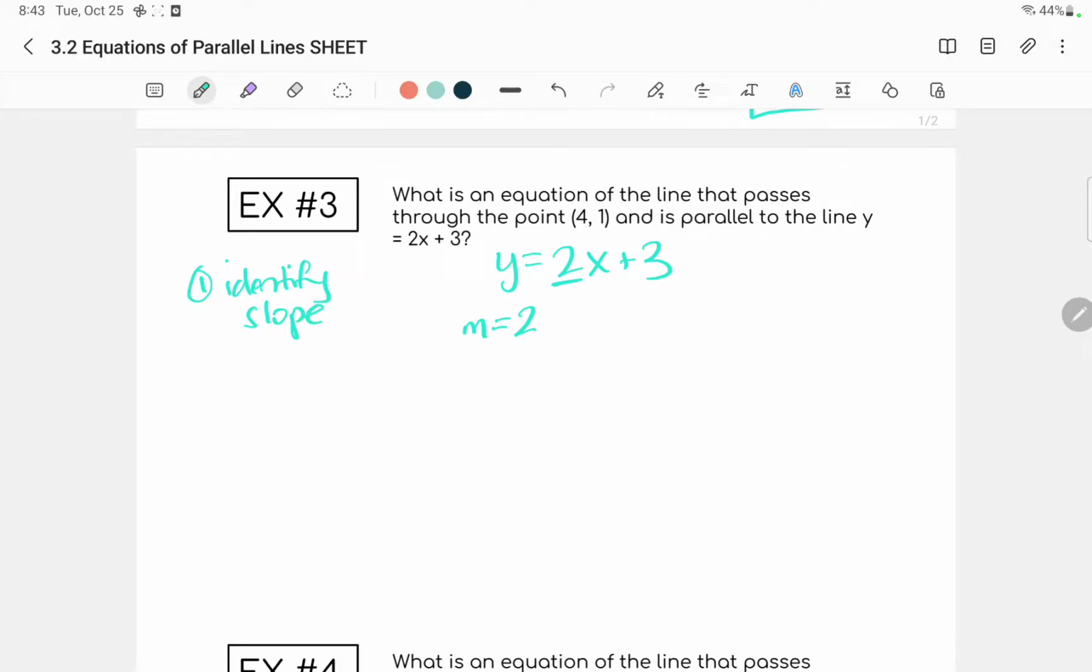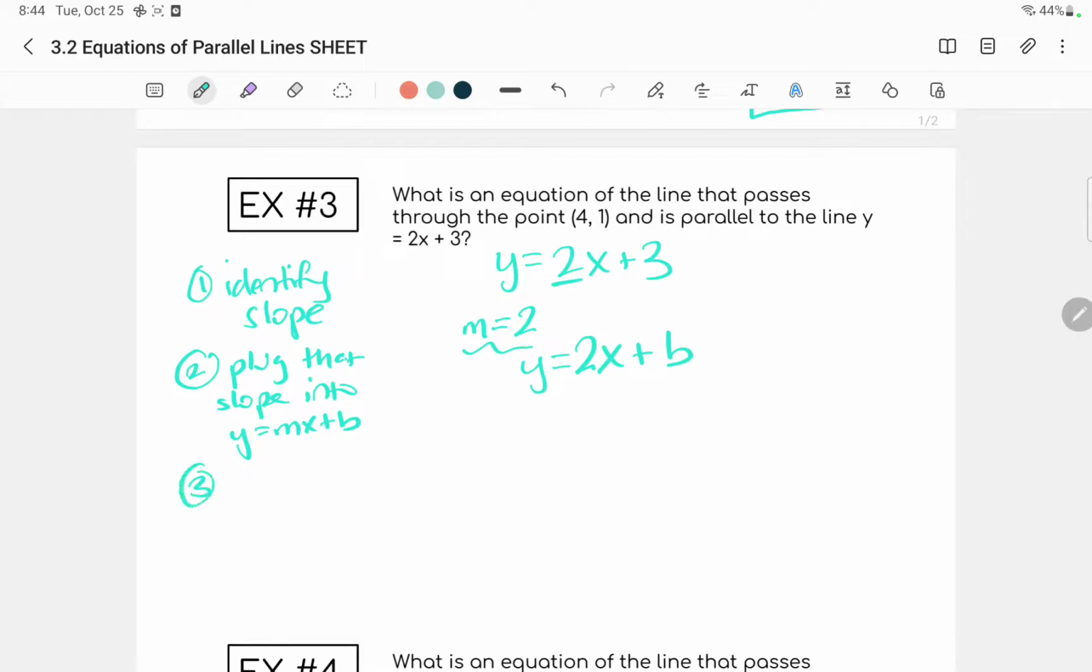All right, and I've done that right here. And then second, I'm going to plug that slope into y equals mx plus b. So y equals, m is now 2x plus b. And I'm doing that because basically I have to find b now. How do I find b? Well, I'm going to plug the point in, the point that it's giving me in the question, which is 4, 1,